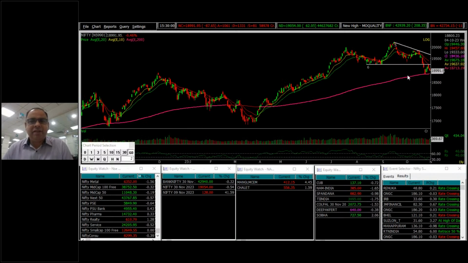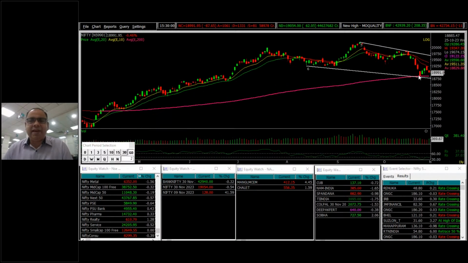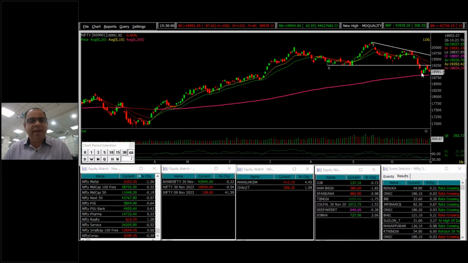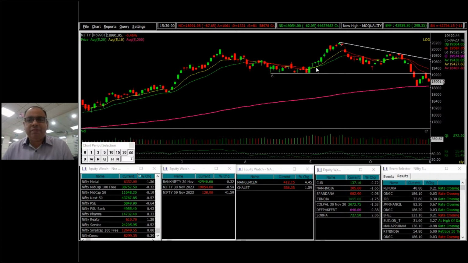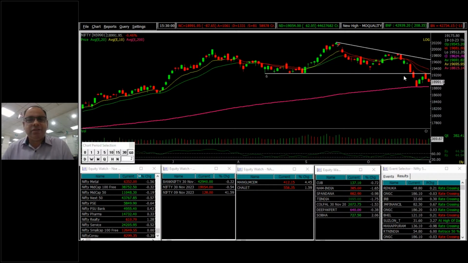Recently, after reaching the support of this 200-day EMA around 18,850 levels, the market bounced from 18,850 to 19,200-19,230 in the previous 2-3 sessions. After that, it corrected downward. Now, though the market is in a weak trend, we are witnessing an absence of sharp selling interest.